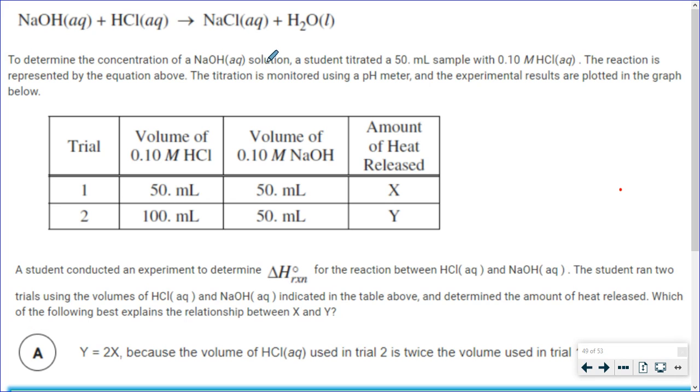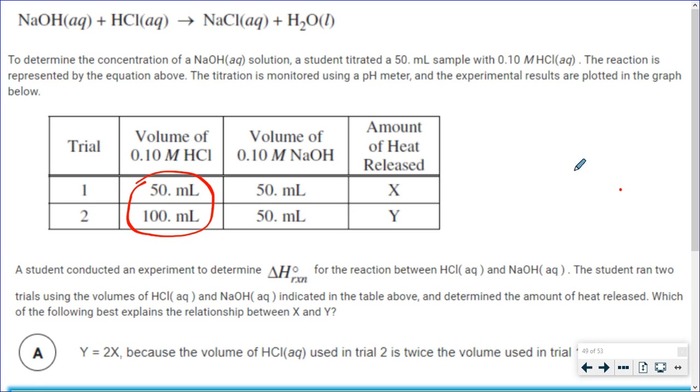It gives you a chemical equation and reaction, and then gives you a set of data here. There's two different trials. And the question asks you, how does the amount of heat released by each of these trials compare to each other? In other words, how does X and Y compare if we do this chemical reaction with these mixtures? Well, you'll notice the only difference is the volume of HCl that's added for trial 2 compared to trial 1,